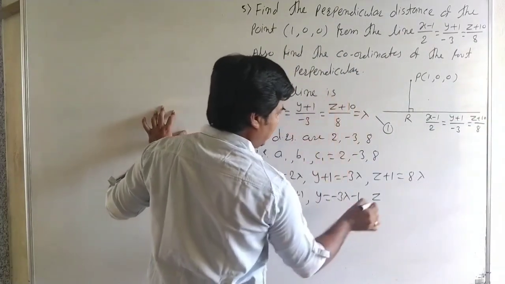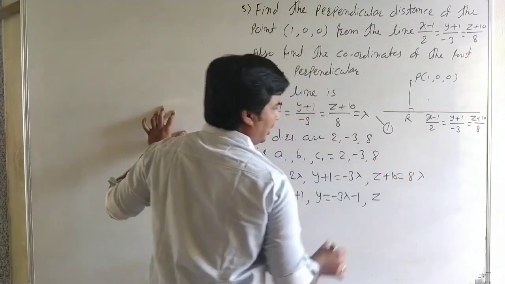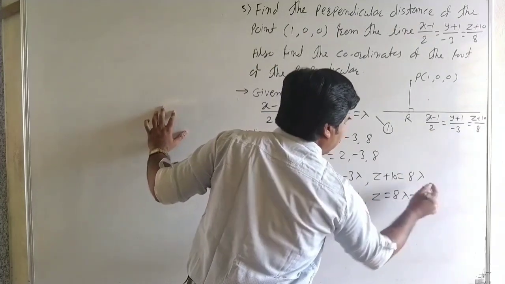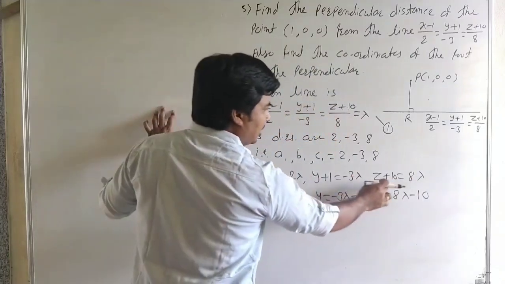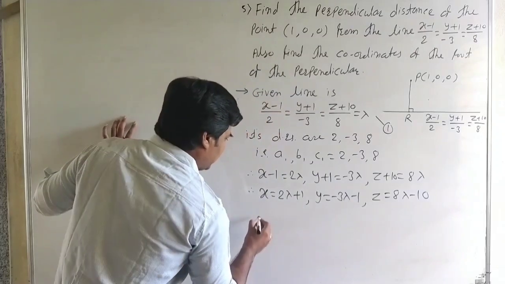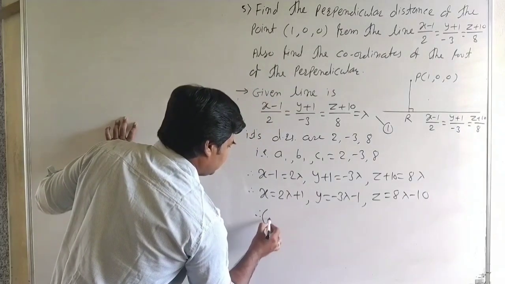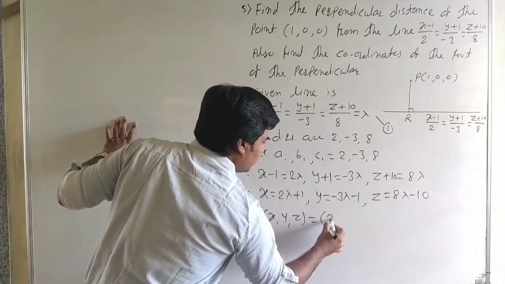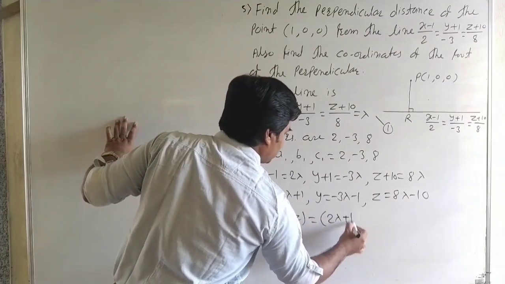It is z plus 10, so we can write here 10. Okay, now z is equal to 8 lambda minus 10. Here z plus 10 is equal to 8 lambda. Therefore z is equal to 8 lambda minus 10. Now x, y, z. Therefore x comma y comma z is equal to 2 lambda plus 1,